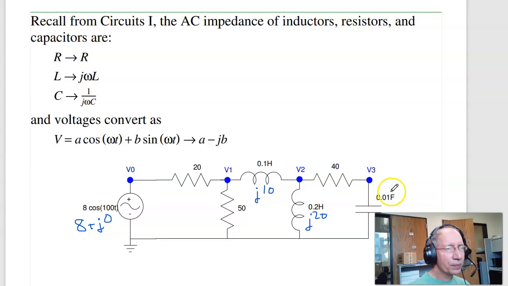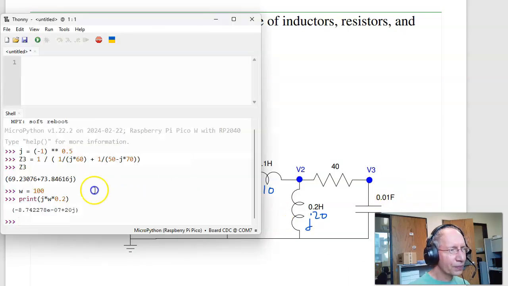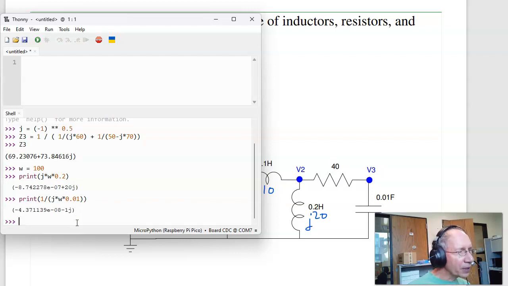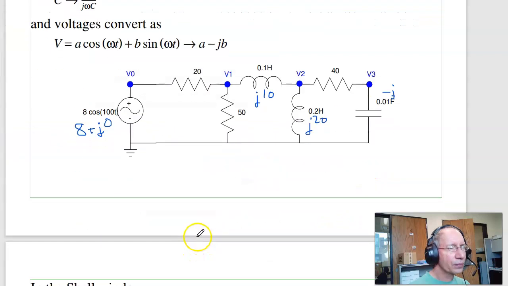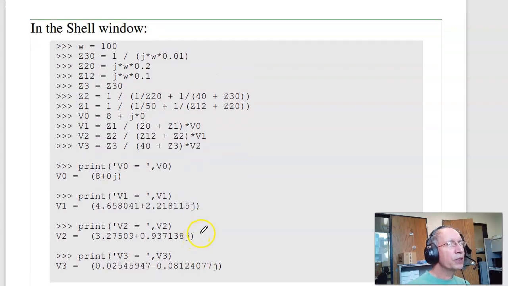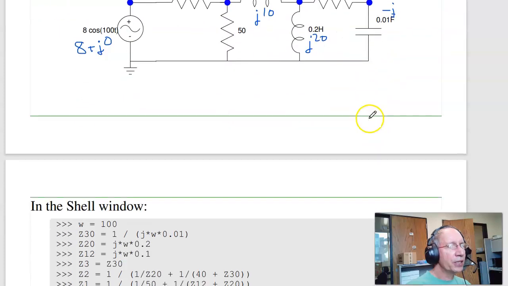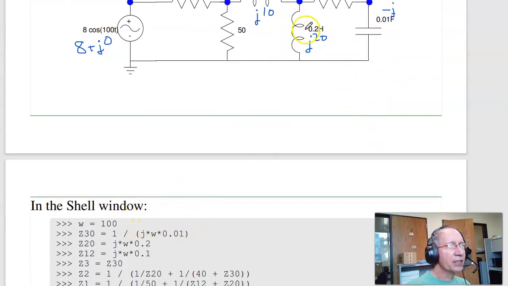And this one, the capacitor becomes 1 over j times omega times C. C is 0.01. Becomes 0 minus j. So what I would do is input omega, find this impedance, Z30 is 1 over j omega C, Z20 is